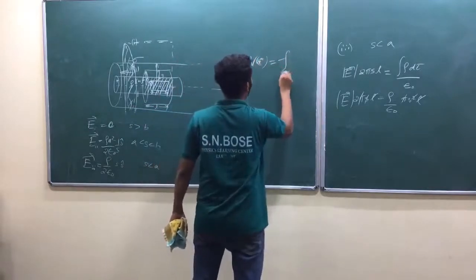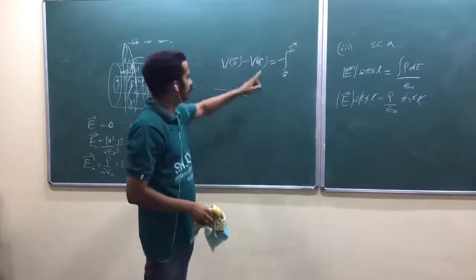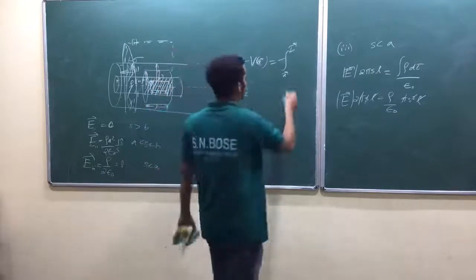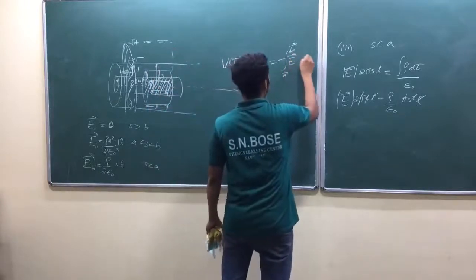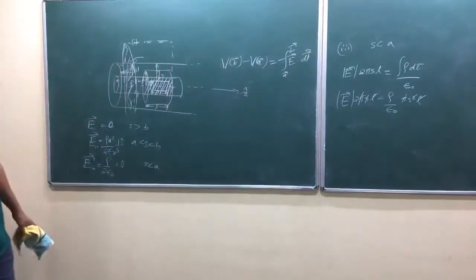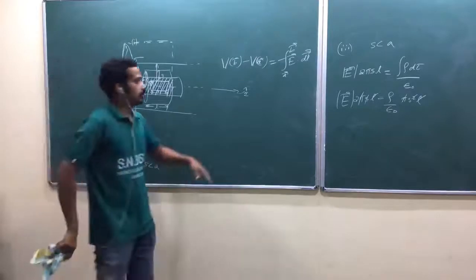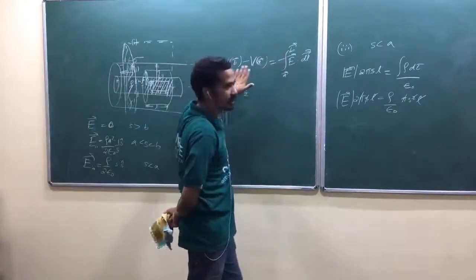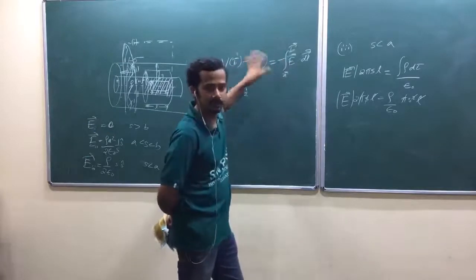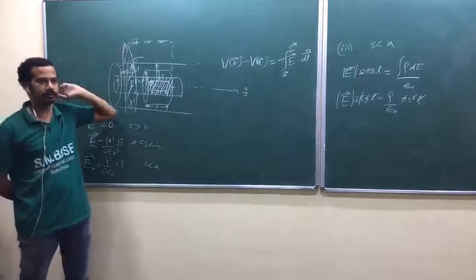equals minus integral of A to B. Don't forget, okay? You have to remember. If you get it reversed, that option will be there. Okay, be careful. E bar dot dl bar. Wait a second. This is one point, this is another point. It's a potential difference between B and A. Am I right? Point B and point A. Generally, B is some point in space, A is some point in space. Am I right? We have written position vector.